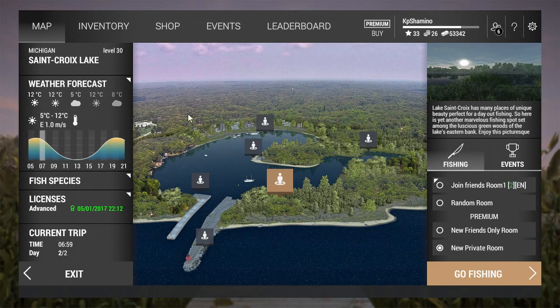So you guys can see here, Michigan is now a level 30 area, and Michigan was always a great place and it's still a great place. You can get here like 20 to 25,000 currency each day. And the places are roughly set just the same. The hotspots are still the same, but you need to change the bait a little bit